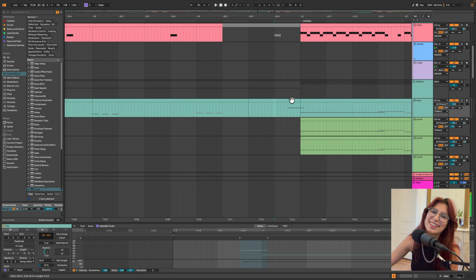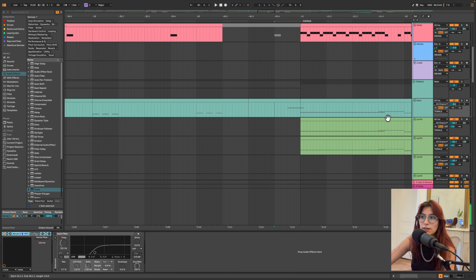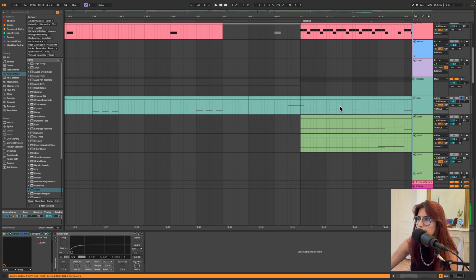Now, another thing you would know about me if you've seen any of my videos, I'm obsessed with basses that glide. I love a portamento on the bass line. I don't see why anyone would make a song without it. We had to get a little bit crafty because there already was some glide on this bass. You can listen here,